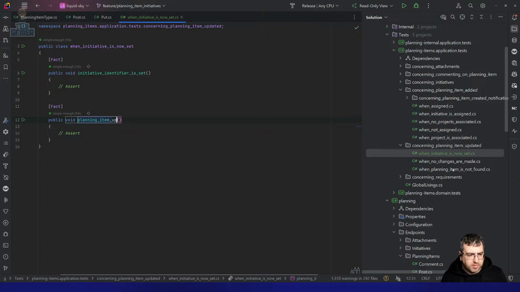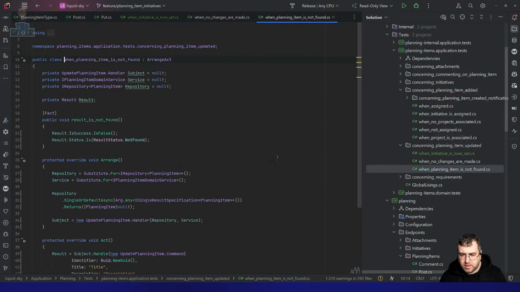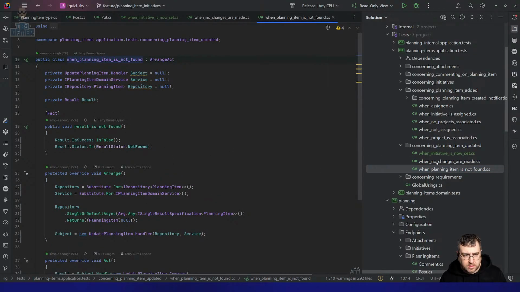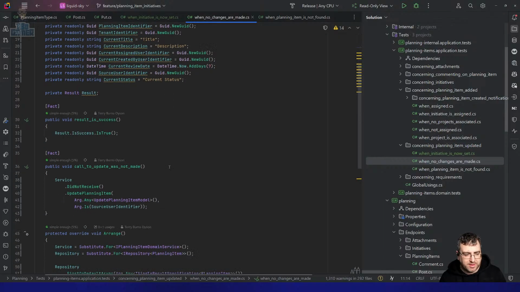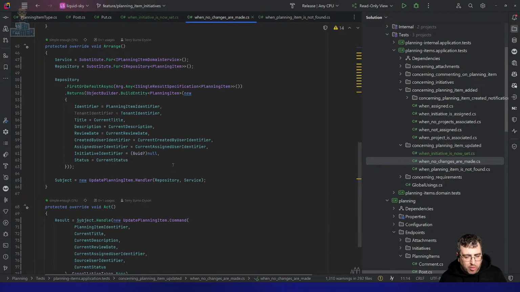Planning item updated event, domain event is queued. That's interesting. I've got planning item not actually updated and it not being there, but I do not have